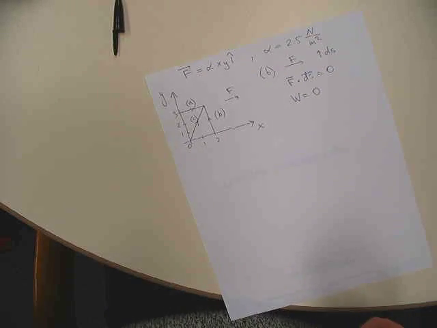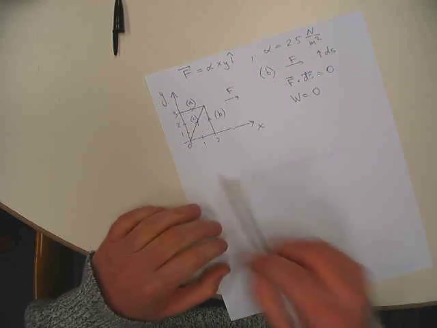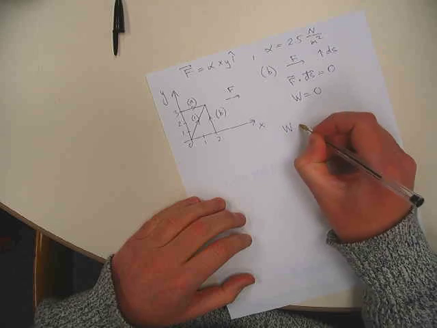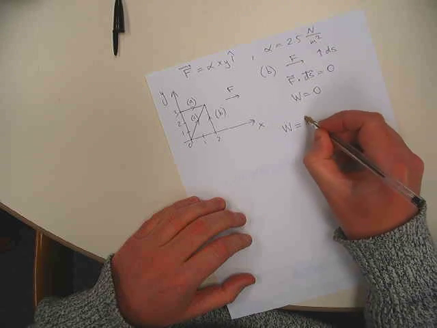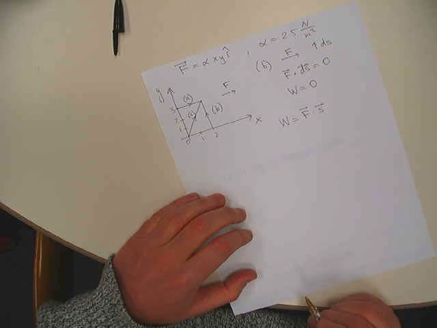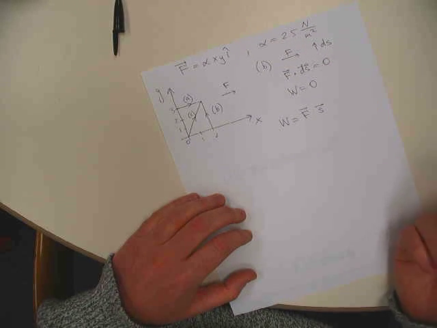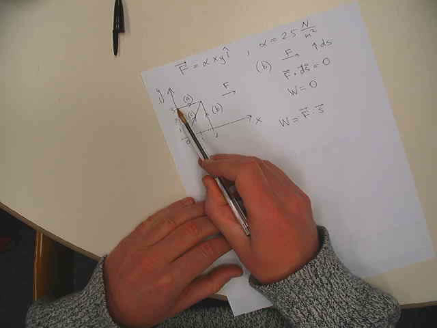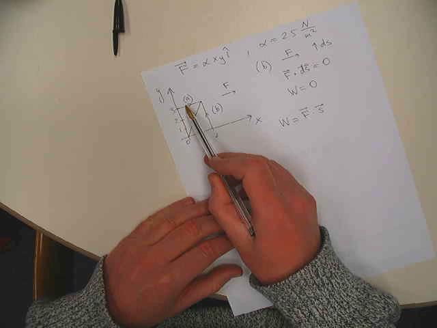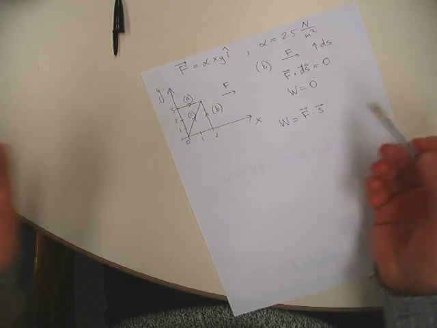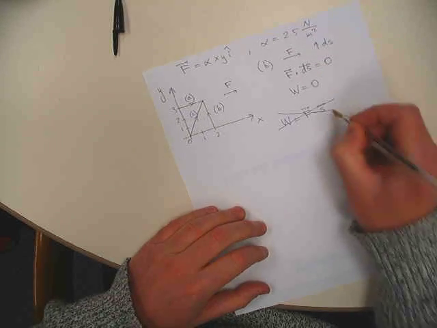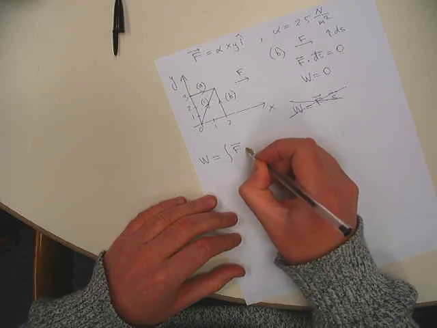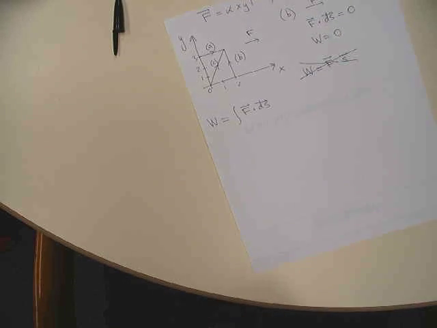Now, the situation is more interesting for trajectories A and C. First of all, notice that we cannot use the definition F dot displacement in this case. Why? Well, the answer is simple. We cannot use this definition because force is not constant along this trajectory, right? So force is not the same here, here, here, or here. So which value of the force do we use? We cannot use that. We have to resort to the more general definition with the integral,